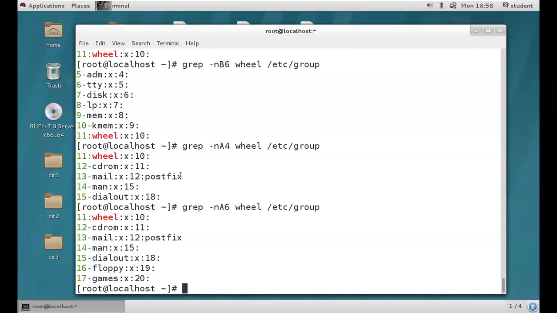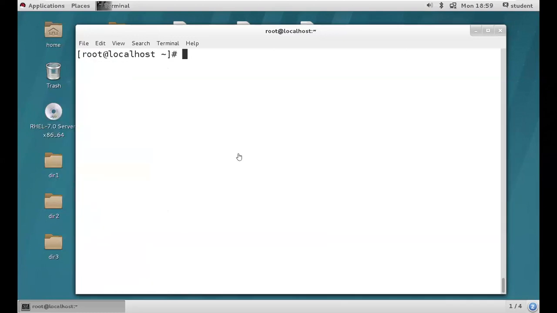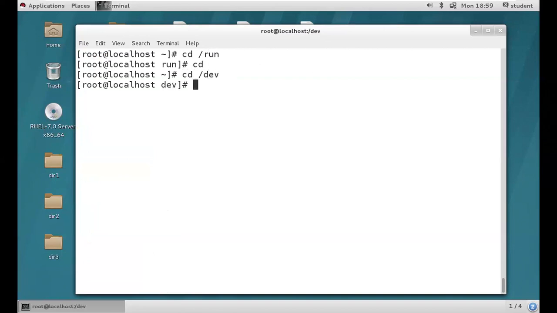So how do we find multiple files from a directory with the help of the grep command? Let's see, guys. cd dev, go to the dev directory. Dev contains device files, right?